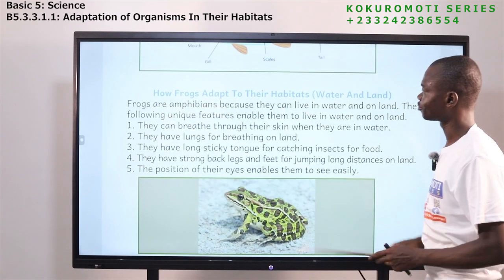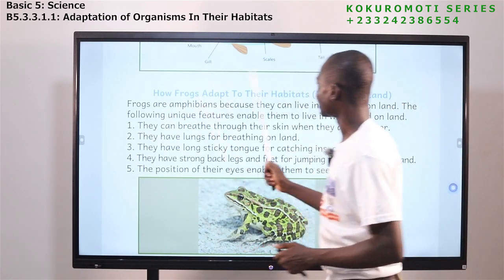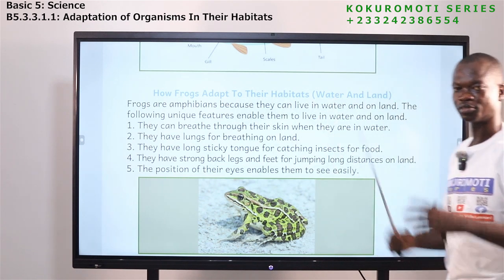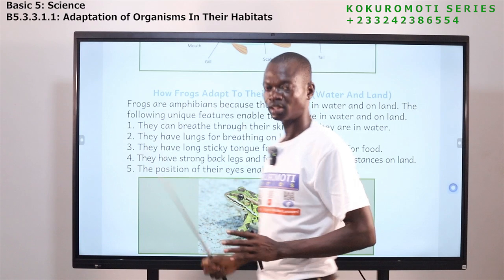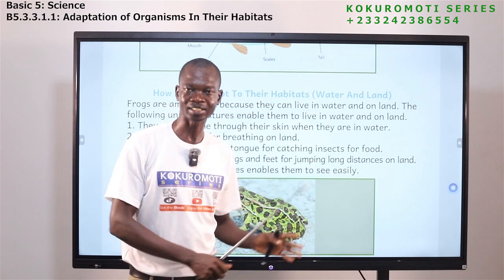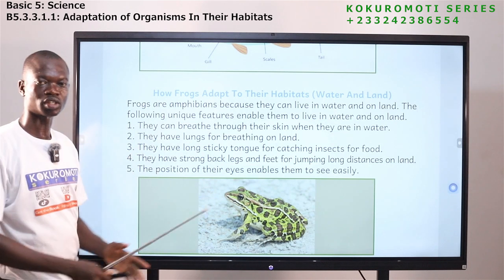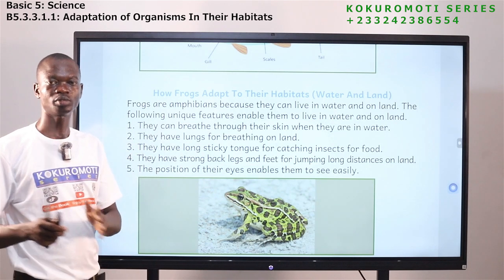Let's come to the next one. How frogs adapt to their habitat, that is water and land. We've said that a frog is an amphibian. It's able to live on land and in water. So let's look at why they are able to live in water and they are also able to live on